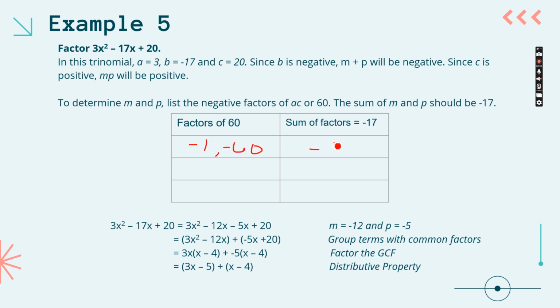That definitely won't give you negative 17. It gives you negative 61. You can also try negative 2 and negative 30. This will give you negative 32. And so our middle, the one term that actually does work for us